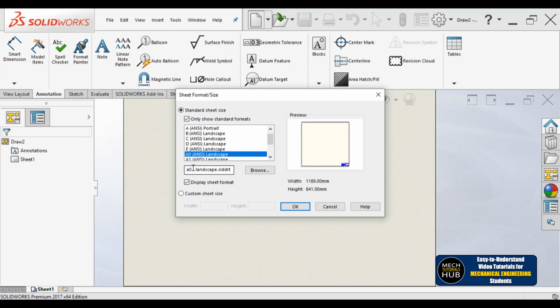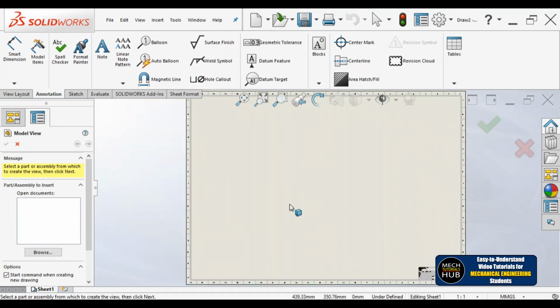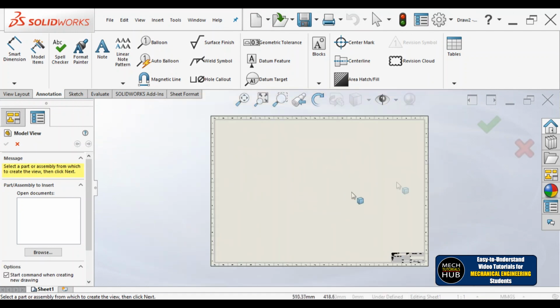Whereas production drawing is completely different, where the sheet will go to the shop floor for manufacturing. Unless and until you have a production drawing sheet, you can't manufacture any component. That is what I am going to show you. For that I am going to select A0 size as my format or template. This is the sheet you can see on screen. On this sheet I am going to present different projections of different parts, and that sheet can be sent to the shop floor for manufacturing. Okay, let us start.